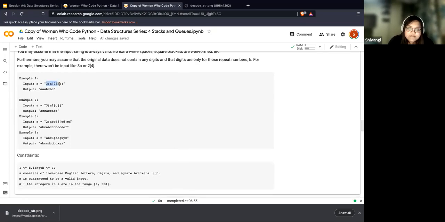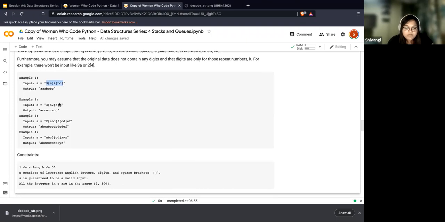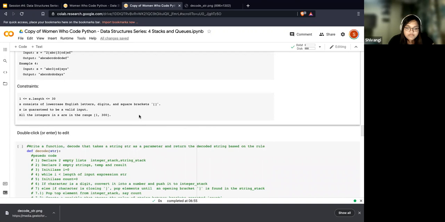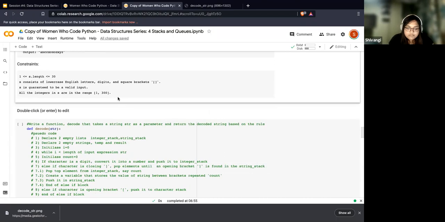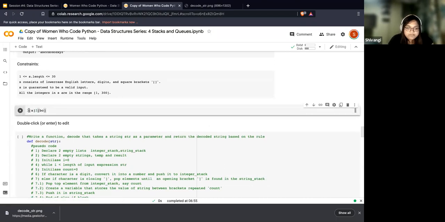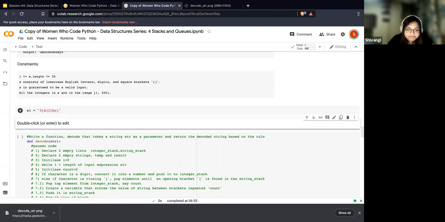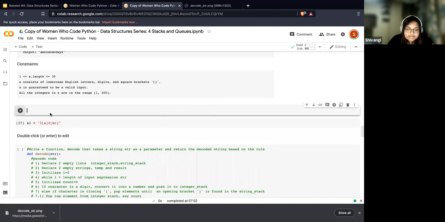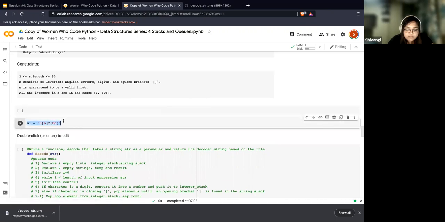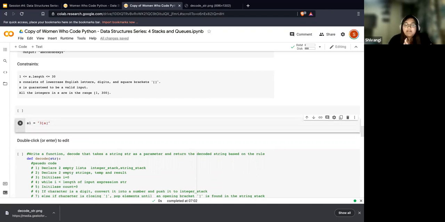So let's say there is 3A. Okay, let's just do one thing. Let's say this is an example string. So let's just say S2, S1, whatever. Okay. This is an example string. And let me just take a simpler example, actually. Let's just take this case. Okay. So what the encoding rule says is